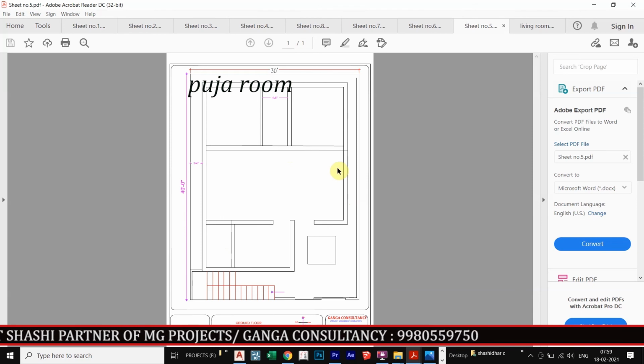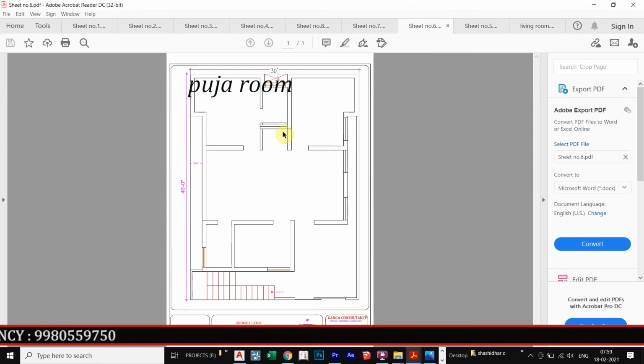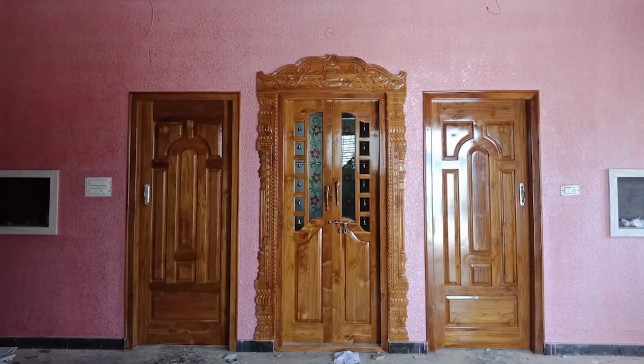If I take it here, it is going to be a disturbance, and if I provide it here, it is also a disturbance. The best position for a puja room is either here or I can design it here also. I'll show you now. See, this is the puja room. In this plan I am showing the puja room here, and I provided the bedroom door here, and one more bedroom door here, the kitchen door is here, the toilet door here, the main door here, and the puja room door here.